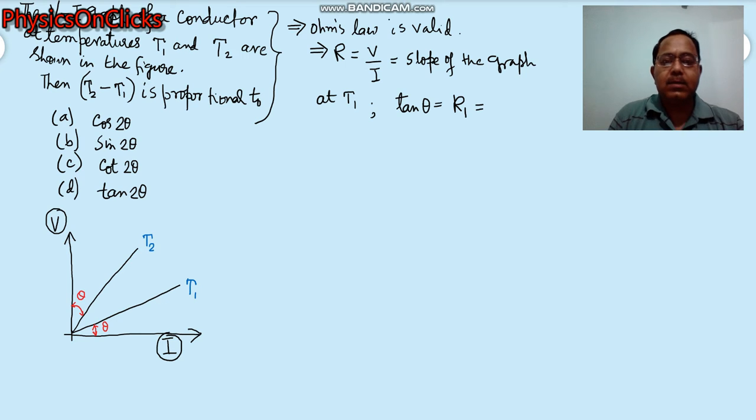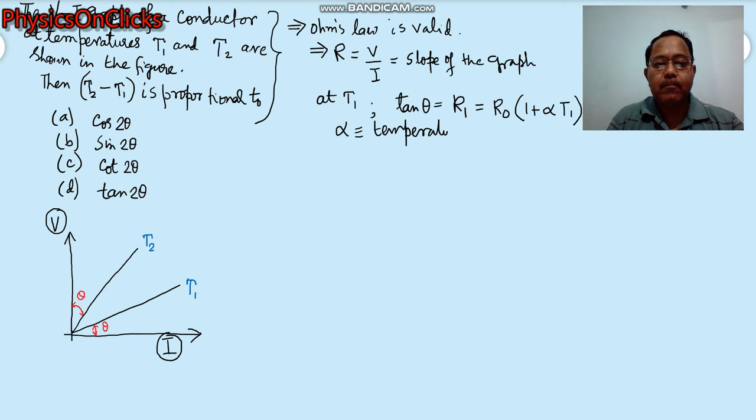So the same conductor, if its resistance at 0 degree Celsius is R0, we can write it as R0 into 1 plus alpha times T1, where alpha is the temperature coefficient of resistance, is it not? Now here, proceeding in the same manner, at temperature T2 we can have the slope